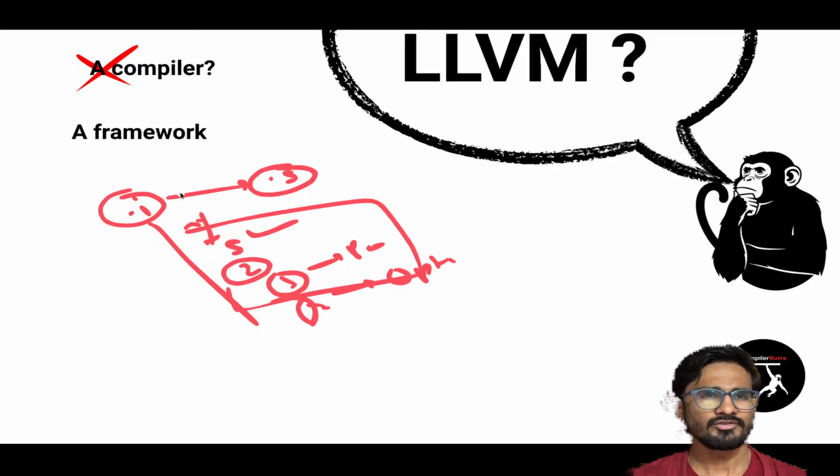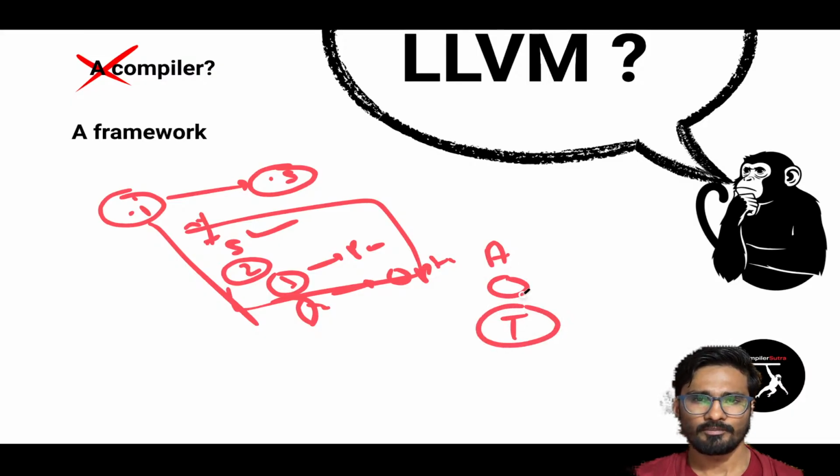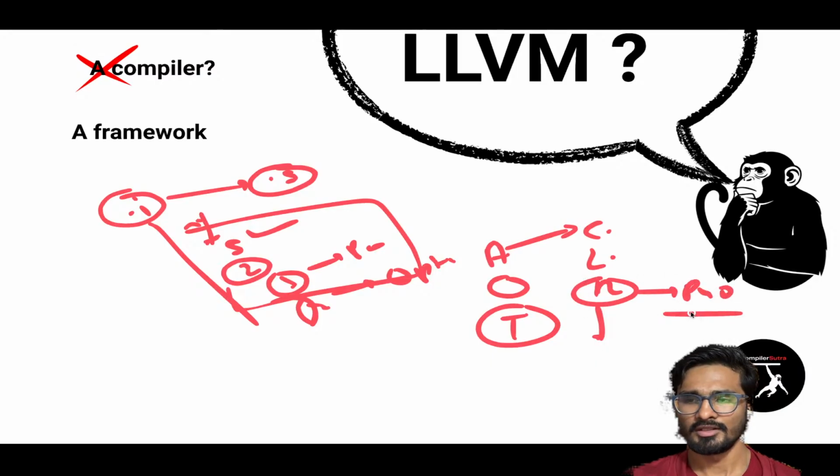But LLVM is more than that. LLVM provides you the complete infrastructure. That infrastructure will analyze your code, optimize it, and transform it during compile time, link time, and runtime. Runtime, when I say, I mean by PGO and other ways, which I will discuss later on. So these are the complete works of LLVM.